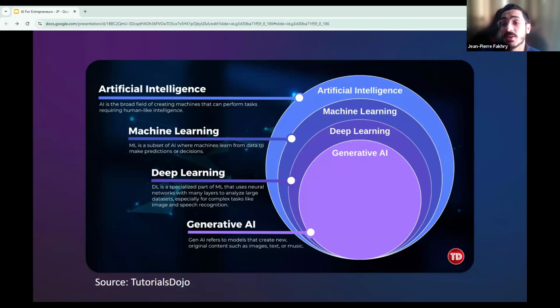Now, machine learning is a subset of AI where the system learns from data examples rather than following pre-written rules. Think, for example, of fraud detection, churn prediction, or a recommendation engine, for example, on Netflix. Those are classic machine learning. Now, deep learning goes even further. It uses something that we call large networks that are inspired by our brain.